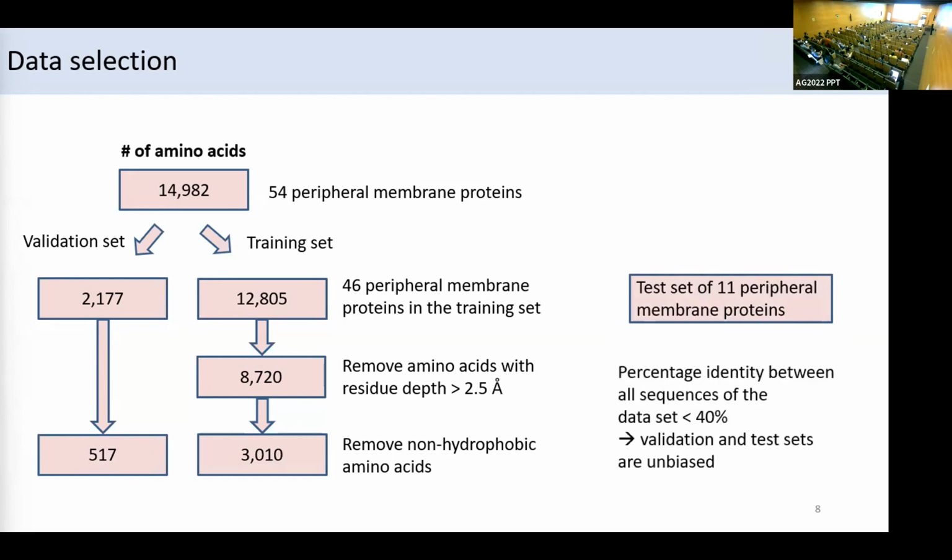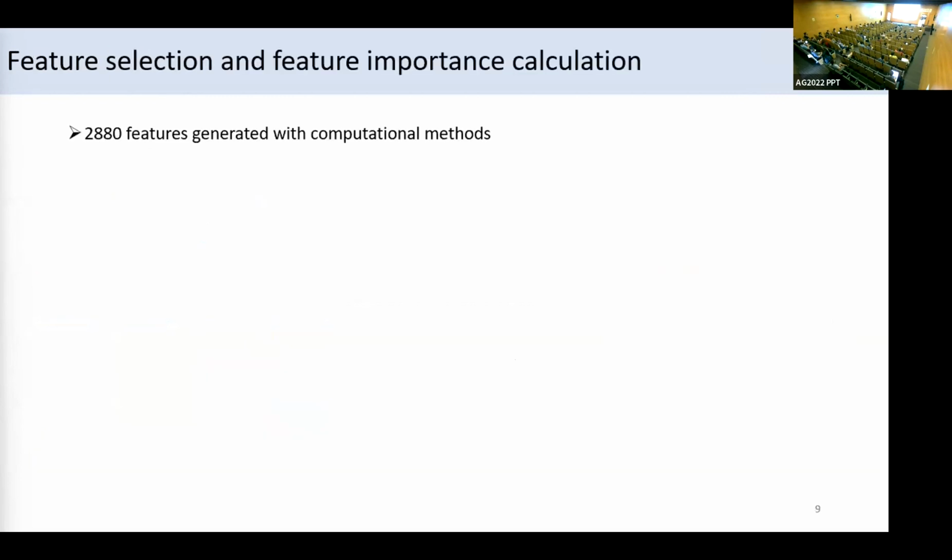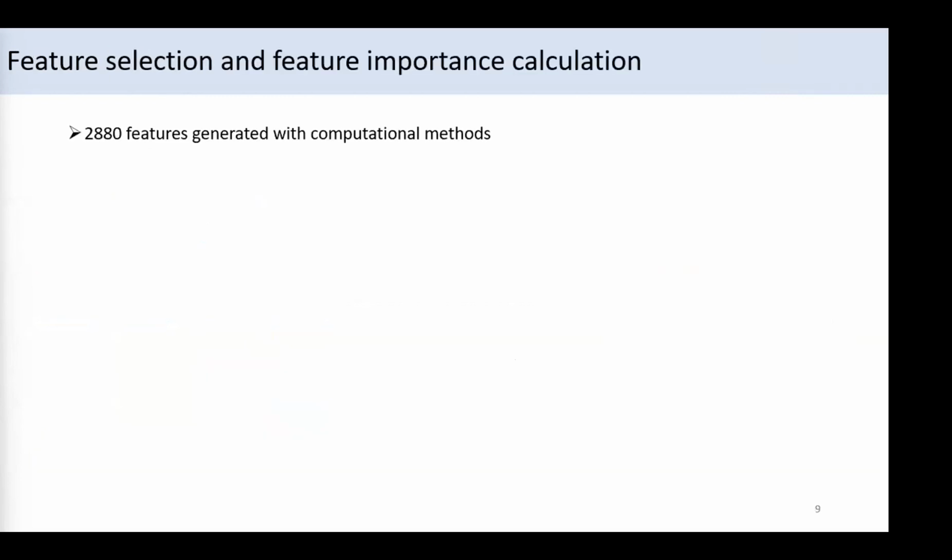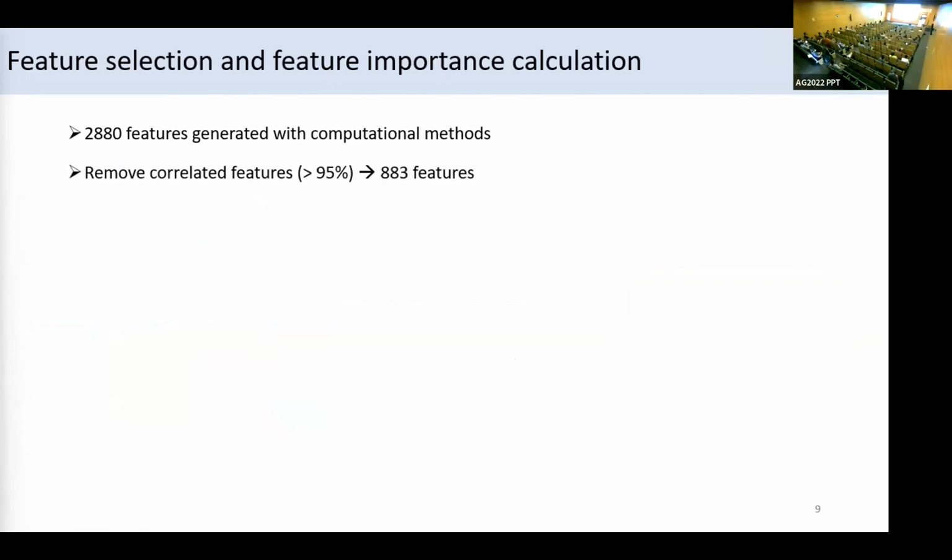In the end, we calculated the percentage of identity between all sequences in the training set, validation set, and test set to ensure that the validation and test sets are unbiased and don't have common information with the training set. So then we proceeded with feature selection because we have a lot of features and most of them are